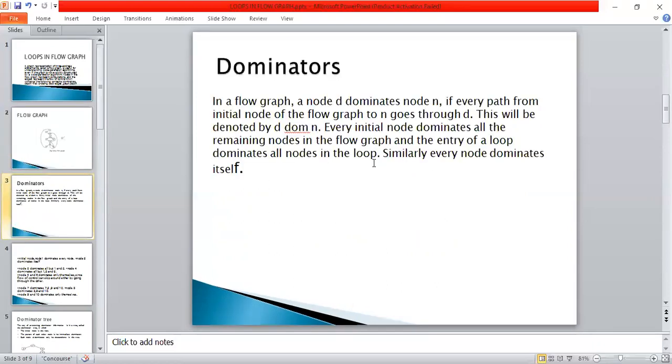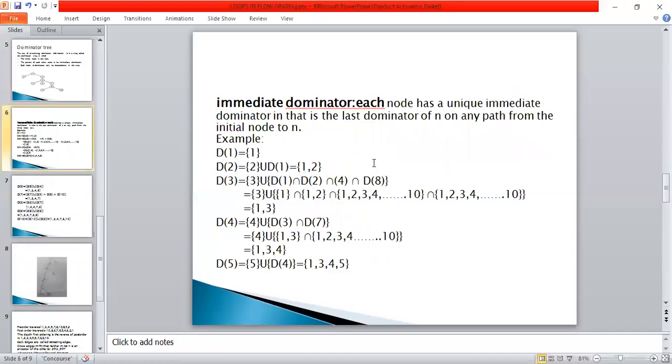So using all these edges, D of 3 is equal to 3 itself union the intersection of all the remaining edges: D of 1 intersection D of 2 intersection D of 4 intersection D of 8, because node 3 has links from 1, 2, 4 and 8.